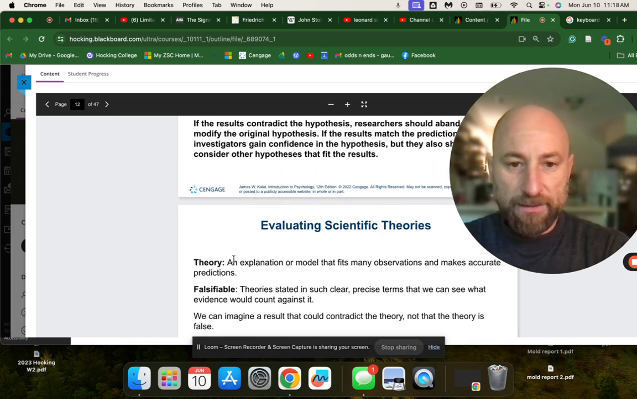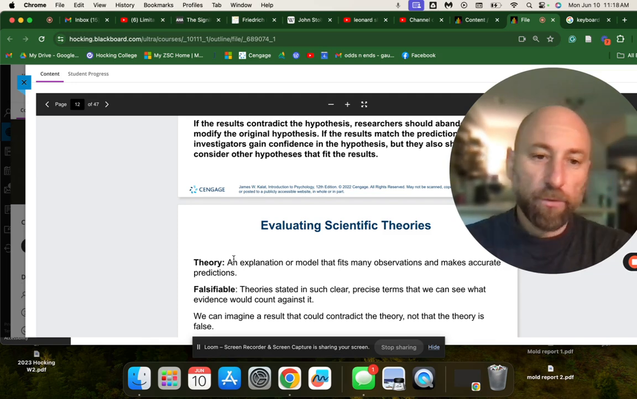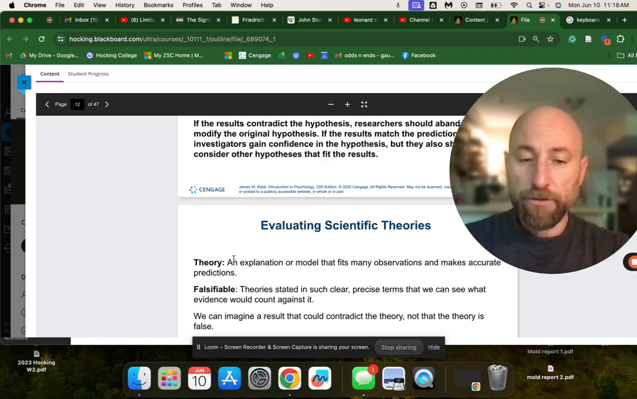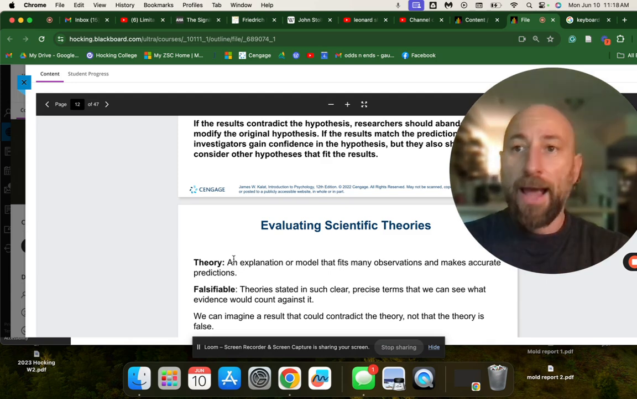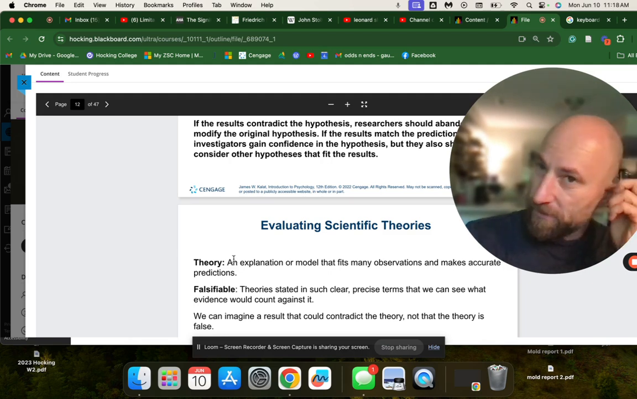A theory is an explanation or model that fits many observations and makes accurate predictions. So what we're looking for is that a theory has to make predictions, right? So say you've got your theory of evolution. Well, the theory of evolution says that the diversity of mammal life we see here happened after the dinosaurs went extinct. I mean, that's not the core theory of evolution, but it's one